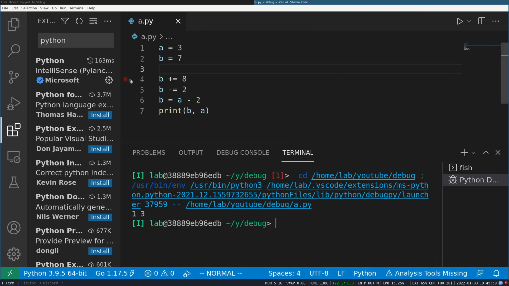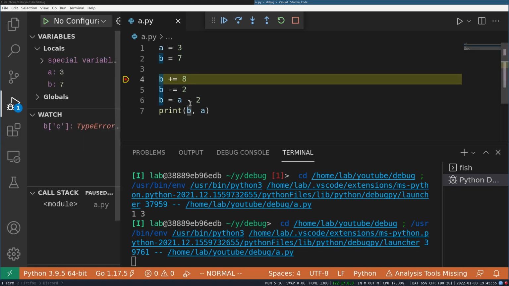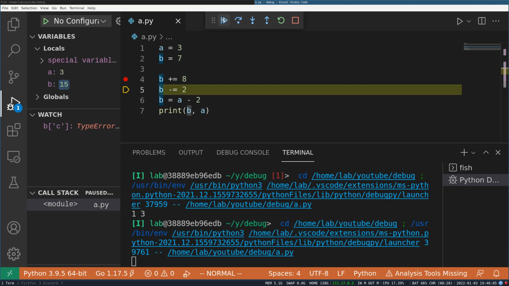Well, actually it did run it, but we didn't have any breakpoint, so I put a breakpoint here by pressing on this red dot, and if I run it again, then it will stop there, and I can use step over to go to the next line. I can use play to continue running the code.